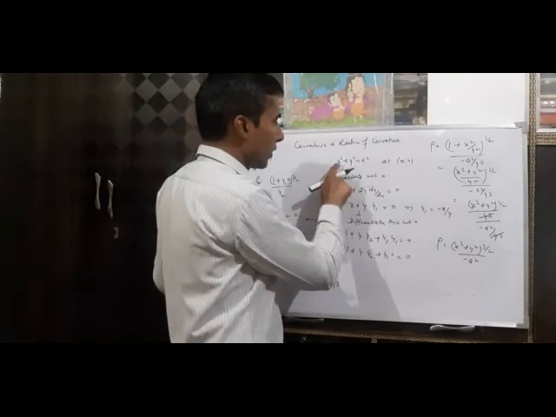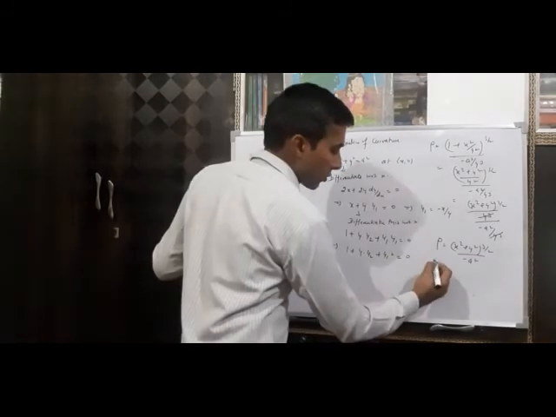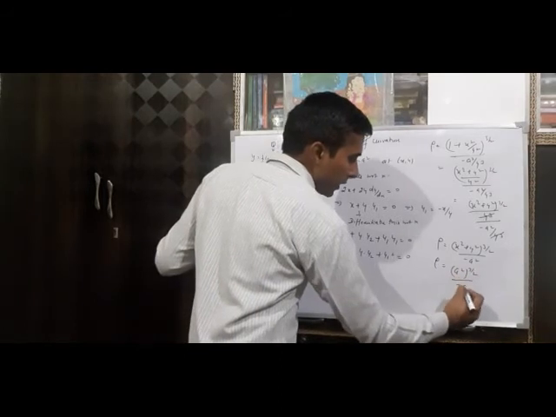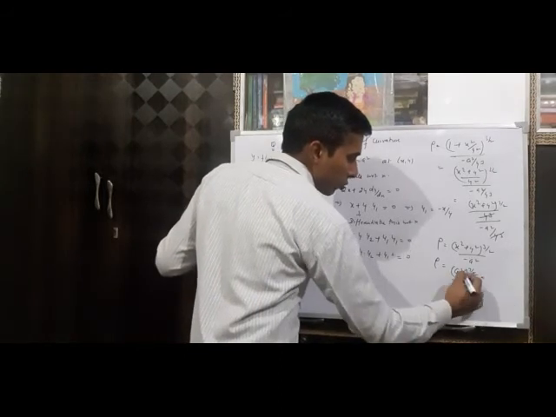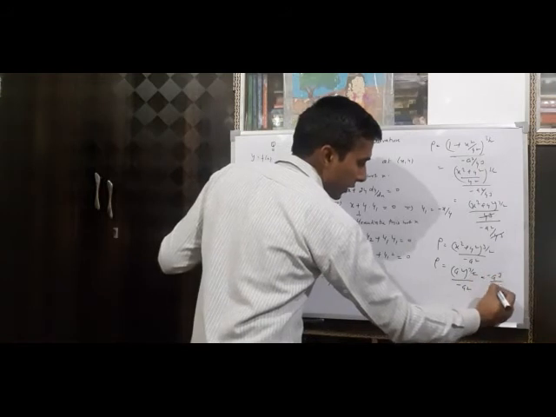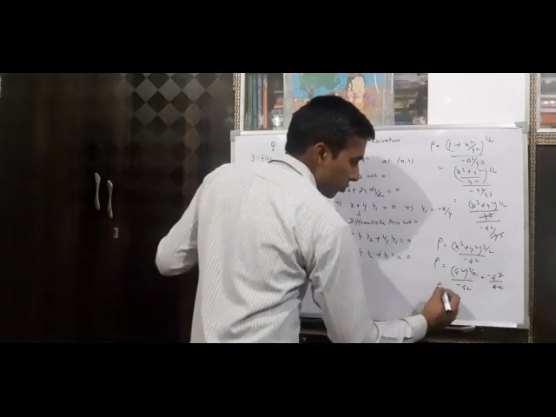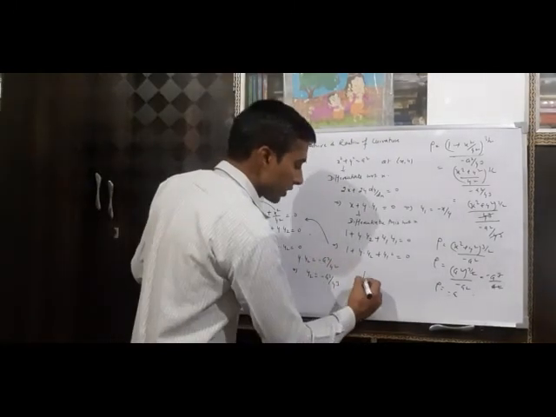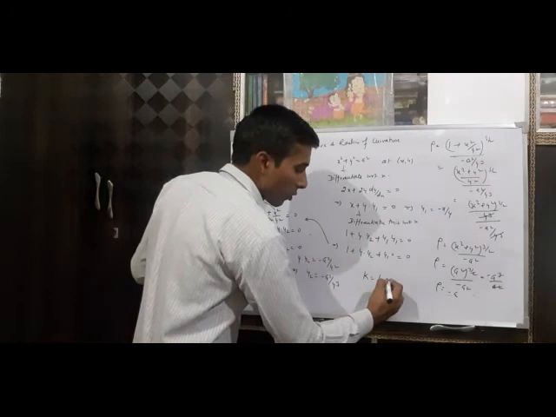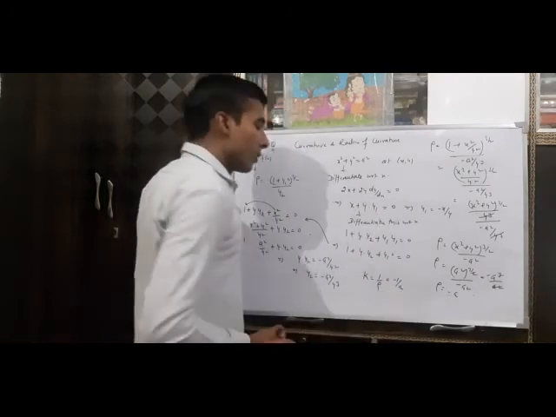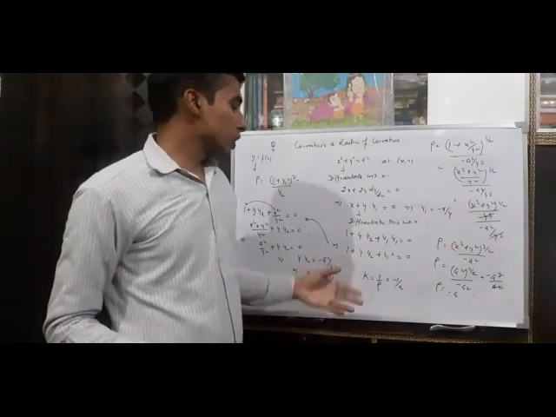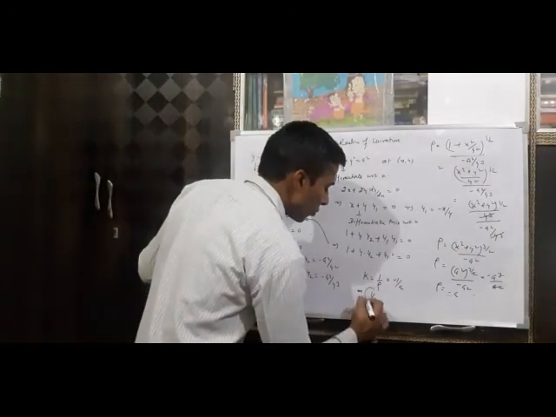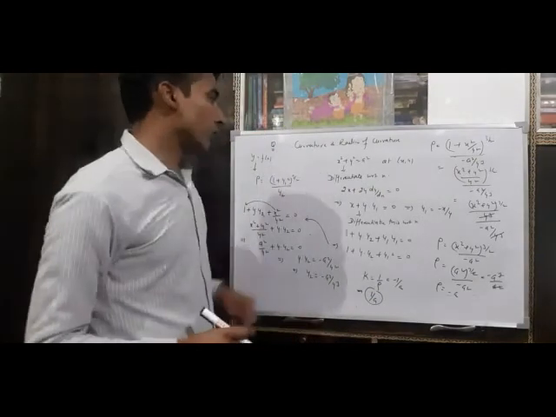If we put the value of x square plus y square as a square, this will be a square to the power 3 by 2, upon minus a square. So this will become a cube upon minus a square, which gives a. So the radius of curvature is minus a. So in such a situation, the curvature is 1 upon rho, which is minus 1 upon a. But we have already told you the curvature is always taken to be positive. So here the curvature is 1 upon a when we take the modulus value of this.